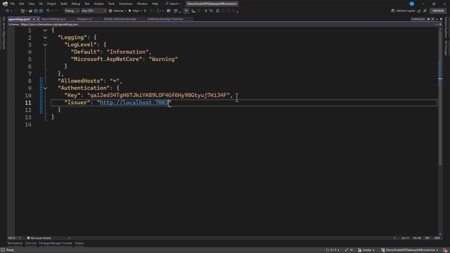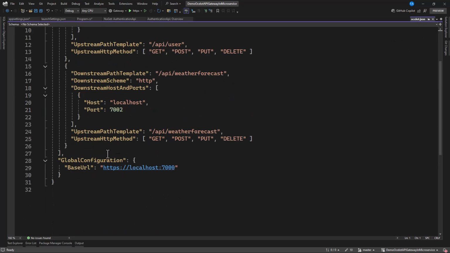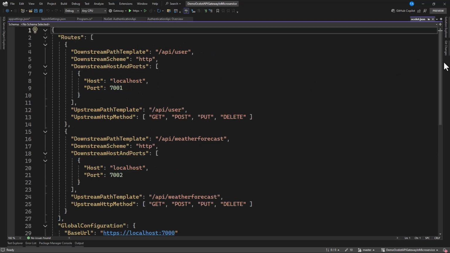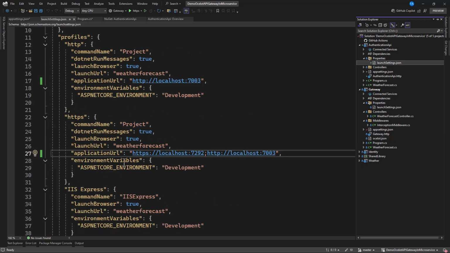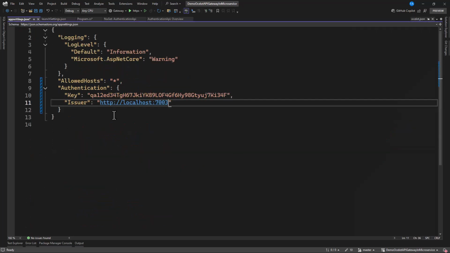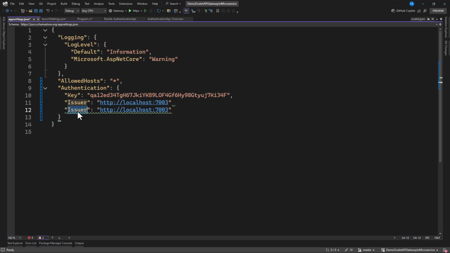When you cross-check from the Ocelot, we have 7003, so it means the authentication API will be 7003. Check the launch settings for the HTTP, it is 7003. Great. Then let's have the audience. So we can make a copy of this, and I'll set this to Audience. And it is the same.